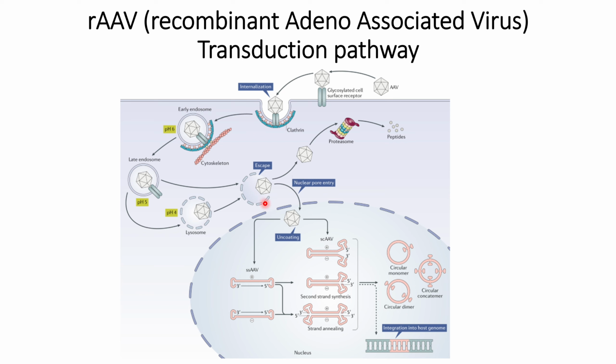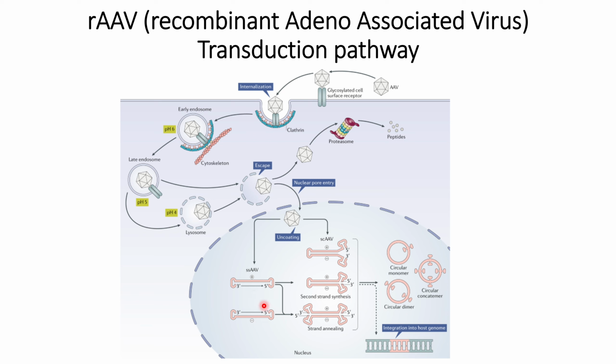After uncoating, when the nucleocapsid or adeno-associated virus reaches the nucleus via nuclear pore entry, uncoating happens, and there are two kinds of strategies that are used. First one is single-stranded adeno-associated virus. Second one is self-complementary adeno-associated virus. So what the single-stranded adeno-associated virus does is it has either a positive strand genome or a negative strand genome. However, for transcription it needs to be double-stranded. So, what happens in this case is that